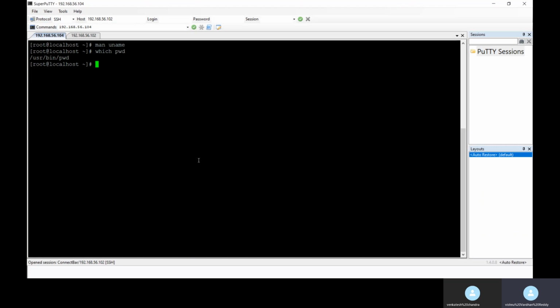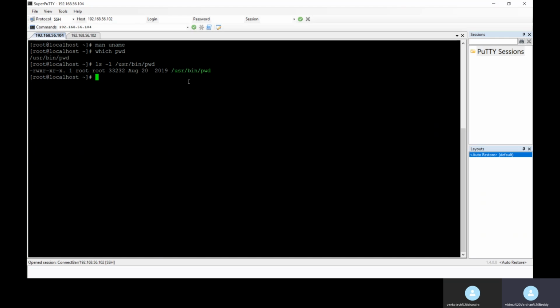The which command will display this location. With ls -l you can see who the owner is, and root has complete access for this file.